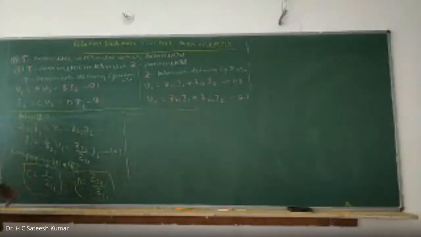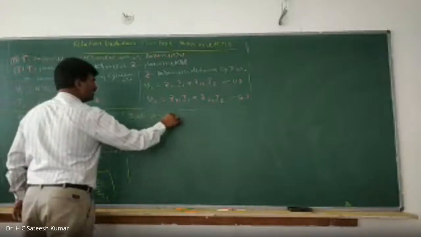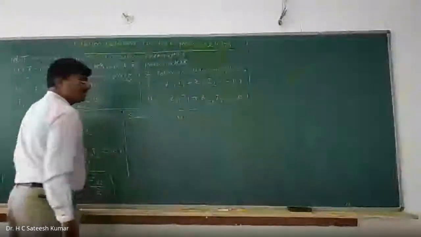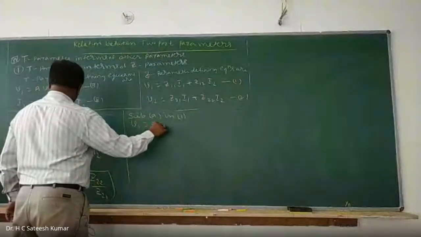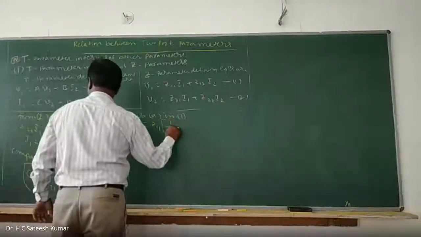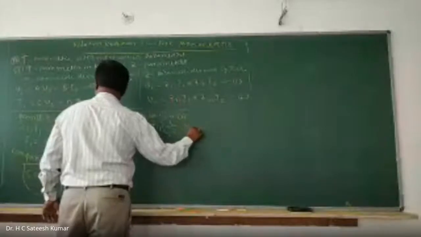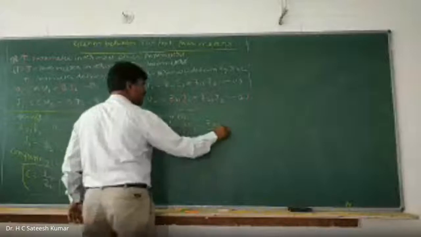We have taken equation 2. So now if you have taken 2 and we got A, A should be substituted in 1. Substituting, blindly you do that. Substituting A in 1, V1 is equal to Z11 into I1. I1 we have substituted, what is that? 1 by Z21 into V2 minus Z22 divided by Z21 into I2,